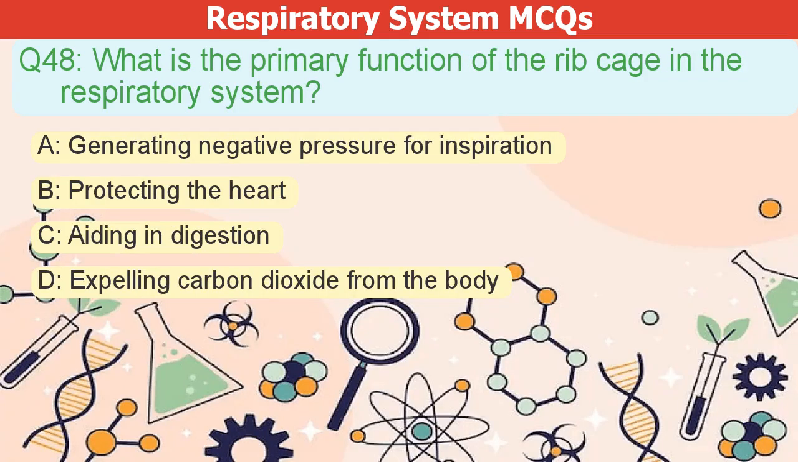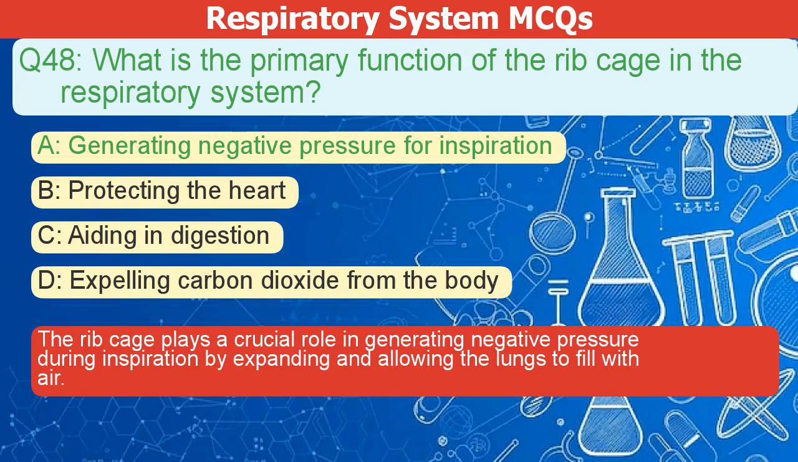What is the primary function of the rib cage in the respiratory system? A. Generating negative pressure for inspiration. B. Protecting the heart. C. Aiding in digestion. D. Expelling carbon dioxide from the body. The correct answer is A. The rib cage plays a crucial role in generating negative pressure during inspiration by expanding and allowing the lungs to